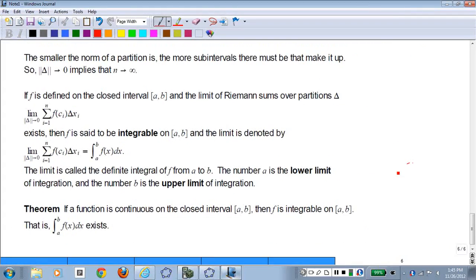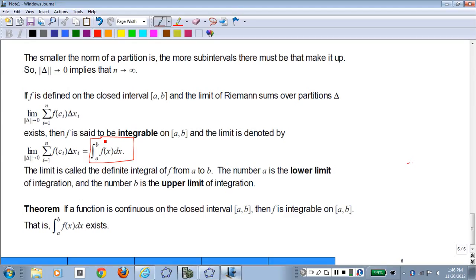So we don't have to say n goes to infinity. All we have to do is say that the norm, basically the length of the largest little subinterval, approaches 0 over all possible partitions that one could make there. If that limit exists, then f is said to be integrable on the closed interval [a, b], and the limit is denoted by